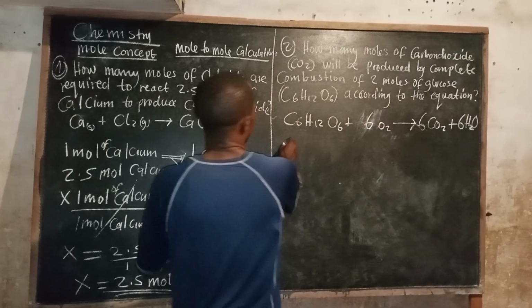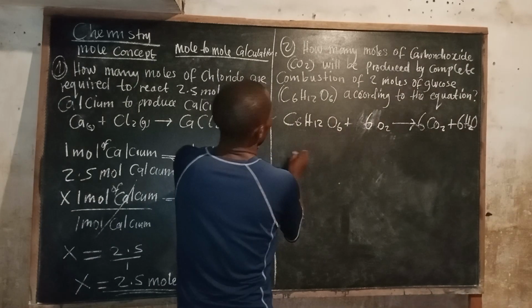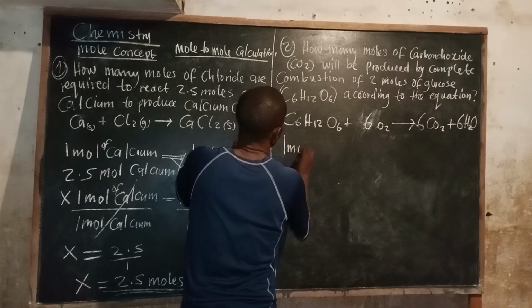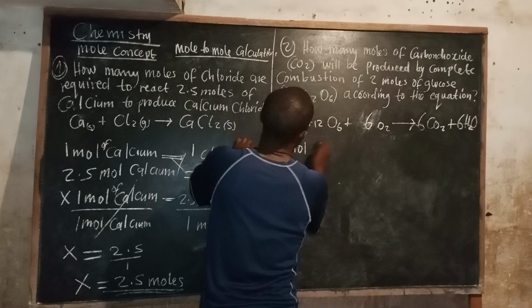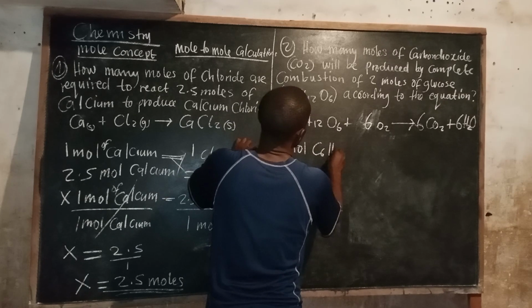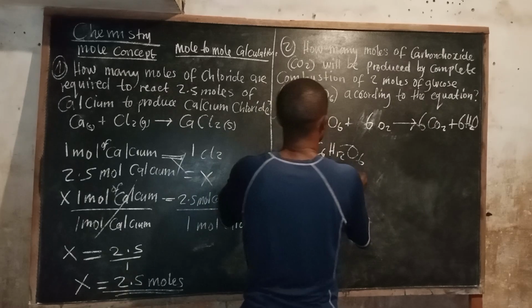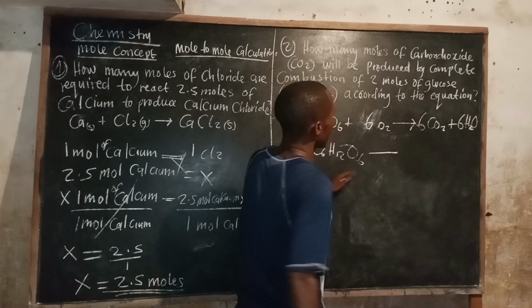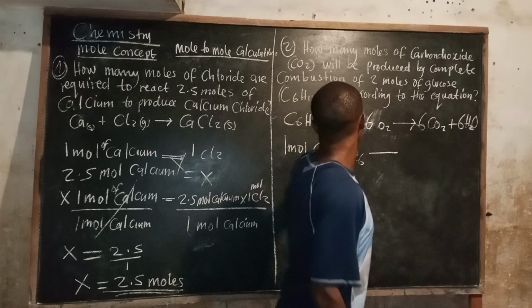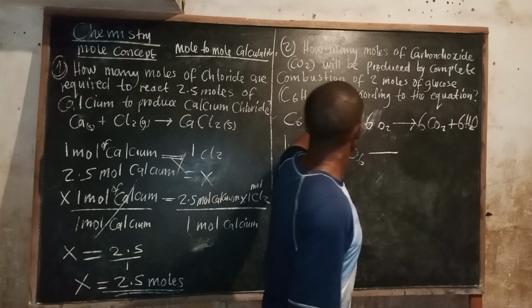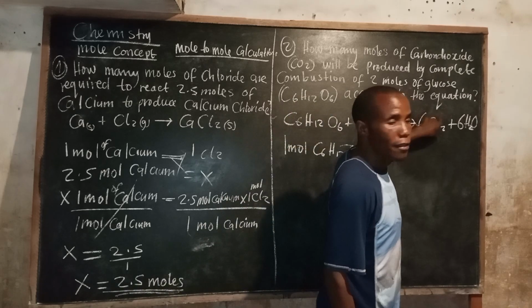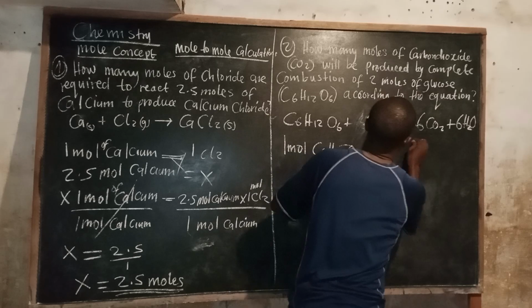So here, solutions: we are going to say 1 mole of glucose is equivalent to the first compound, and the first one there is equivalent to what? 6 moles